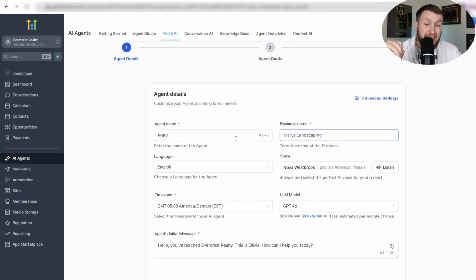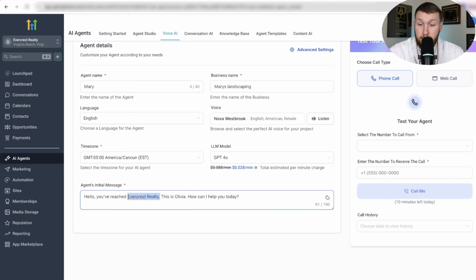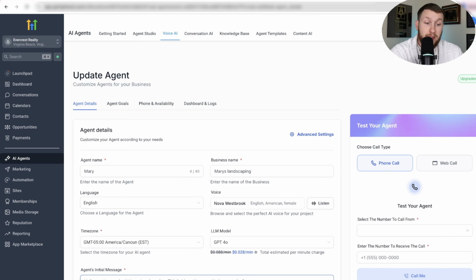So once we have this dialed in and we have the exact name and everything we need, you come right down here and we're just going to click Mary's Landscaping. And then we're going to do, this is Mary. Again, you can change this to whatever you want, but we're going to take the exact initial message you have and just copy that in. Then we're going to click save and move on to the next,